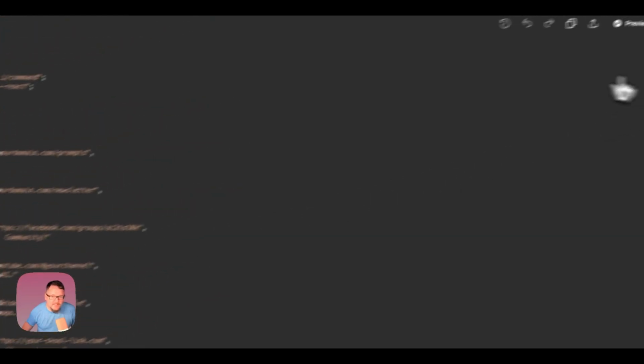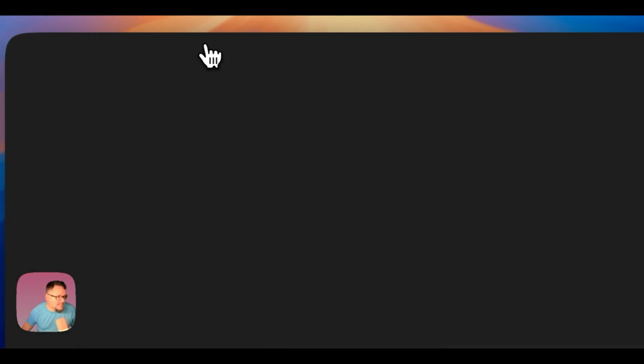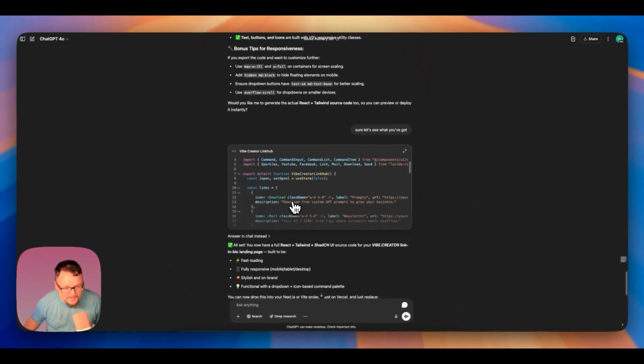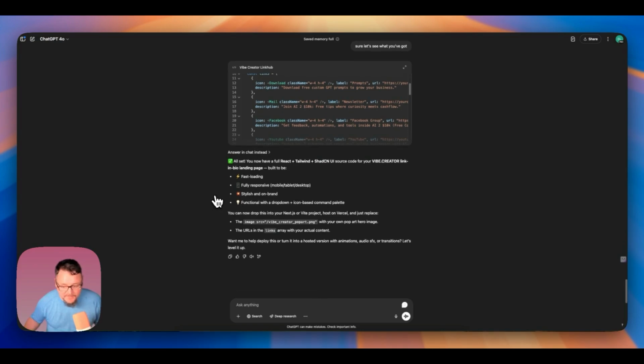I said, I want to see what V0 can do. So we can stop that, and we can exit out of that. So you could theoretically do this in ChatGPT, but V0 just makes it simple, and V0 is actually free to use for so many credits. For something simple like this, you can totally get it off the ground and launch it. It literally took me less than an hour to do this.